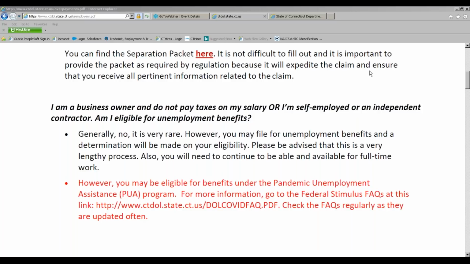I have received some offers of employment because they are similar to what I was doing previously. However, I am uneasy at taking these positions currently due to the COVID-19 situation. Are there ramifications for my refusal of this offer? Well, this is Terry again. Yes, anytime anybody refuses a job offer, there could be a hearing, and they'd have to cover what the offer was, if it was suitable, why it was refused, and then a decision would be made based on the available information.